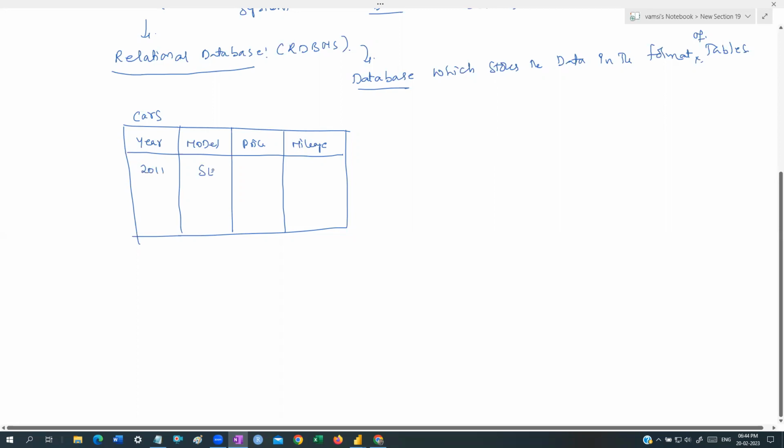A 2011 model is an SE, 3800, mileage 7852. A 2012 model called an SEL, which is 21,995, mileage 6,840, whatever it may be, guys. Like this, you can store any data: customers data, students data, products data, employees data, anything.